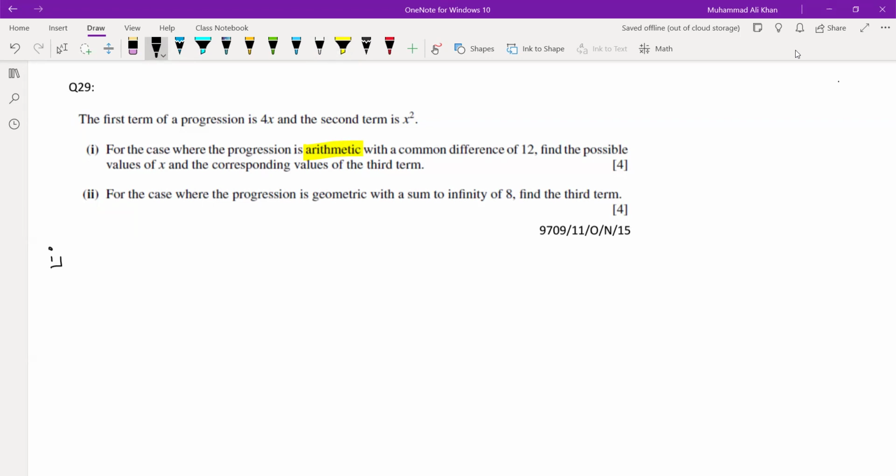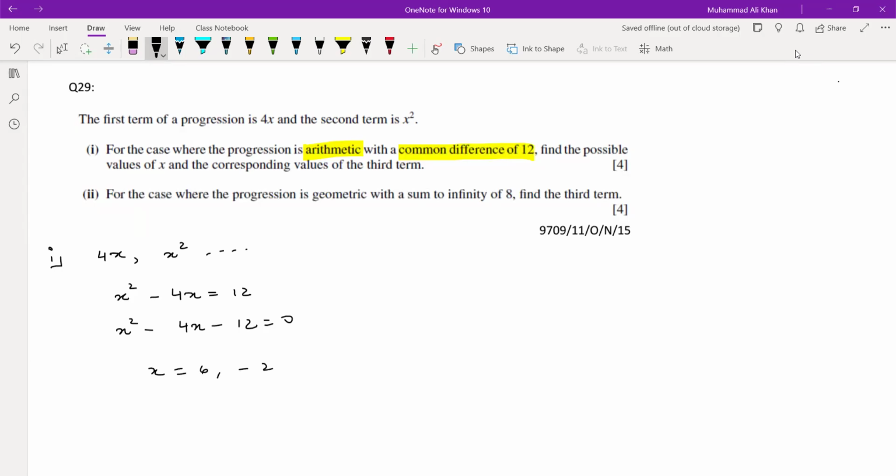ठीक हो गया. First term क्या है 4x, second term क्या है x squared and so on. आपसे common difference आपको given दिया गया. The common difference is 12. How to calculate common difference in an arithmetic progression? X squared minus 4x equals 12. X squared minus 4x minus 12 equals 0. What are the two values of x? 6 and